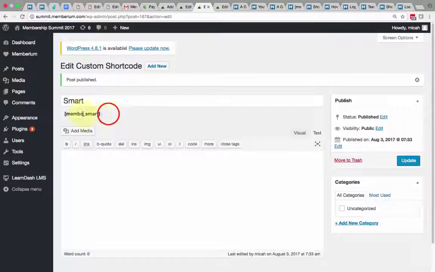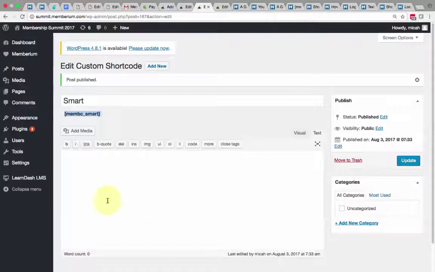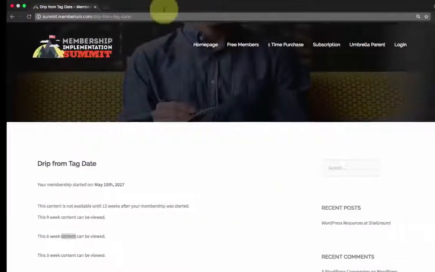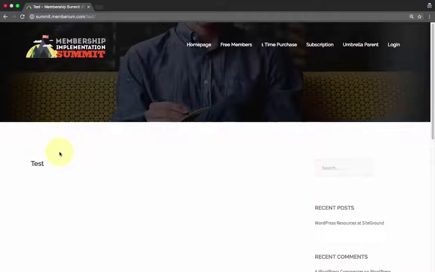Now, I'm going to take this custom shortcode here, and I'm going to go over and put it on a test page. So I'm just going to add a new page. I'm going to call it test, and I'm going to put the shortcode there. And right now, this shortcode actually isn't going to do anything because there's nothing here. It's not saying to do anything. So I'll just go ahead and update the page, and I'll go over to my test browser, and I'll go to that test page. So it's only got the title of the page, which is test, and there's nothing actually